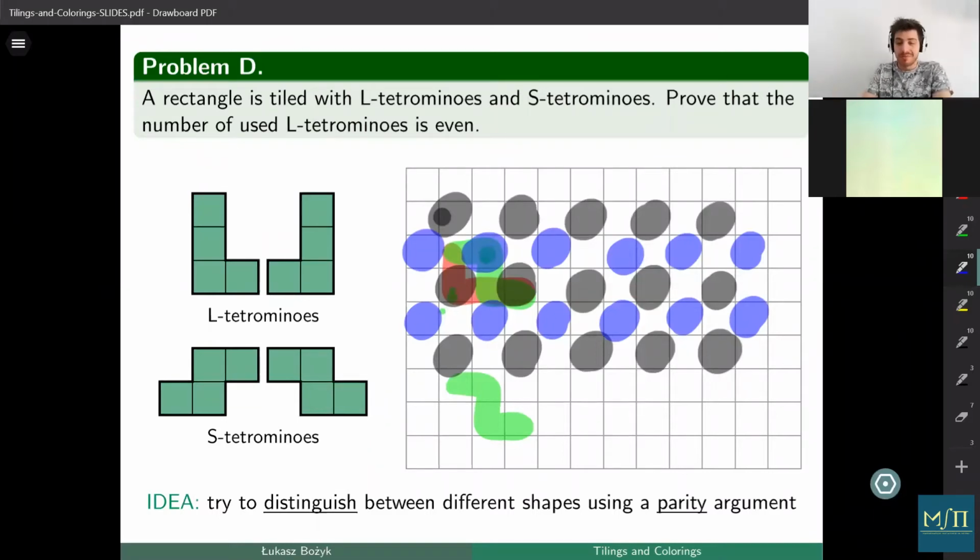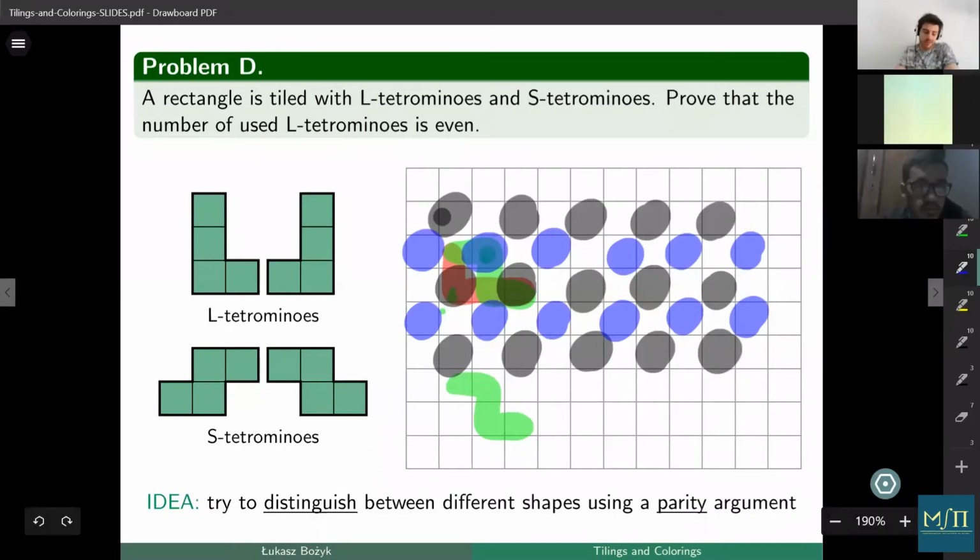Now, having said that, we need to just pick a color for any of the remaining white cells, and everything becomes clear. So, for example, if we take black here,